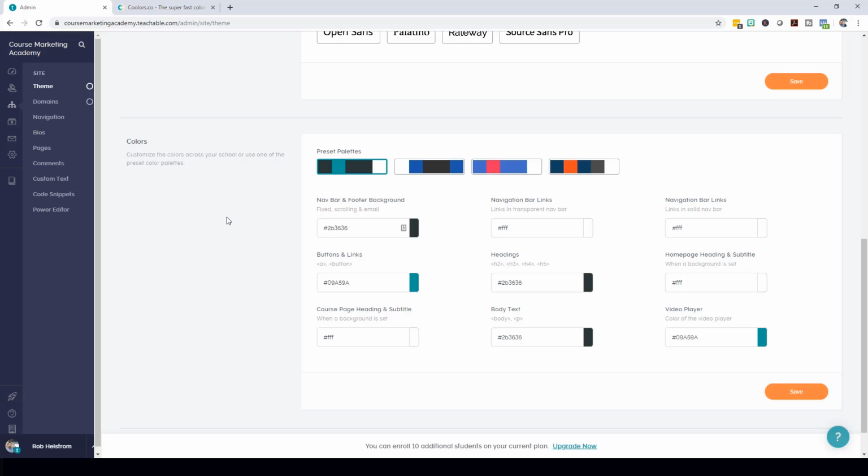Let's customize the colors for our school. Now, if you already have branding colors for another website, that's great. Try and find the hex codes for them. Hopefully you have them because it makes this process a lot easier. If you're starting from scratch and you have no brand colors, I'll show you a website that will help you